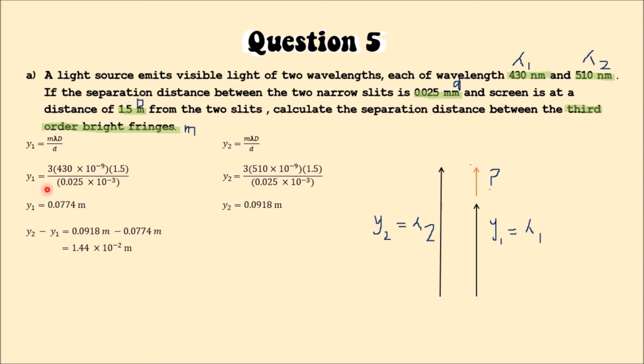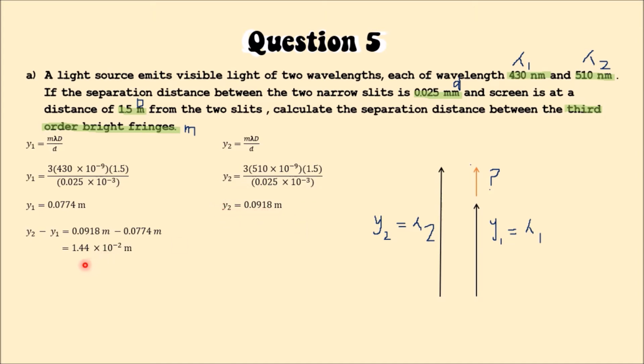But first we need to change the unit to SI unit. So we multiply 430 by 10 to the power of negative 9 and 0.025 by 10 to the power of negative 3. So we get y1 as 0.0774 m. Next, we need to find y2. We still use the same formula as y1. So we change the unit to SI unit, 510 multiplied by 10 to the power of negative 9, and also 0.025 times 10 to the power of negative 3. So we get y2 equal to